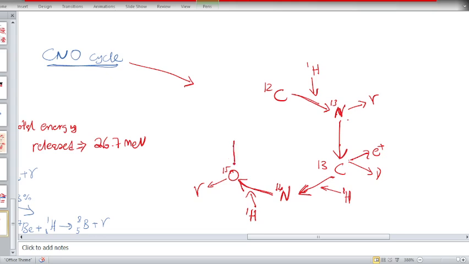That will become, so oxygen 15 will become what, nitrogen 15, along with the release of a neutrino and a positron. Then that nitrogen 15 will become again carbon 12. So this nitrogen will take one proton and become carbon 12, and in this process it will release